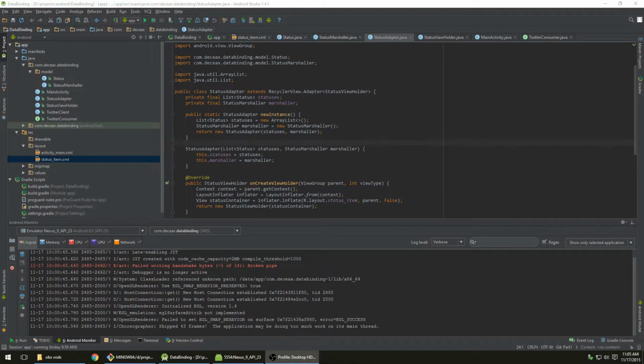So now that we have a way to convert our underlying model of the Twitter4j object into our status view model, let's take a look at the adapter for our recycler view that's going to display these statuses. If you've worked with recycler views before, none of this should come as too much of a surprise. This is pretty standard. We have a new instance here, which is going to create our new list of statuses,